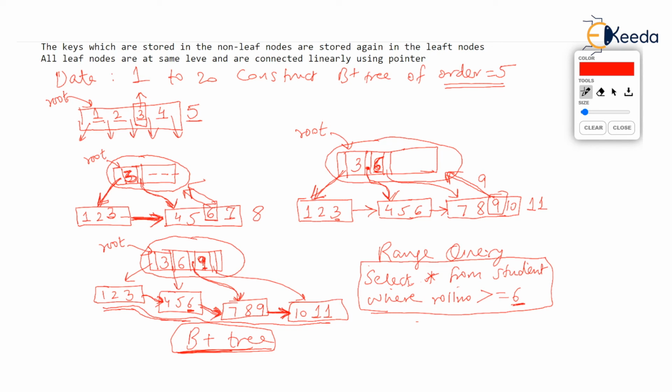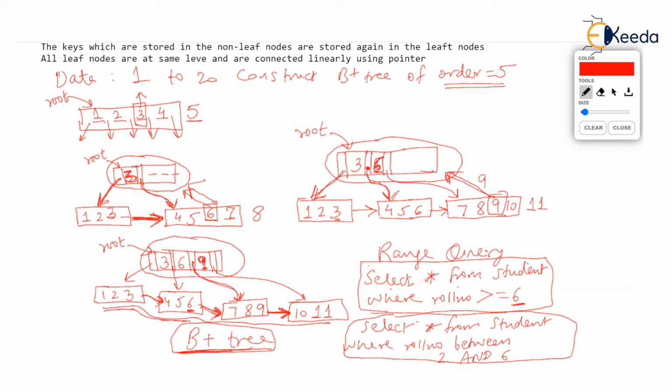That's exactly what we were doing in B plus tree. Now this 3, 6, 9 and all that, 4, 5, 6, all these are roll numbers of the students. You wanted to search students with roll number 6 or larger, and B plus tree helped you in doing that. For instance, let's say you say select star from student where roll number between 2 and 6. Now believe me, there is a query like this in SQL, that is DBMS.